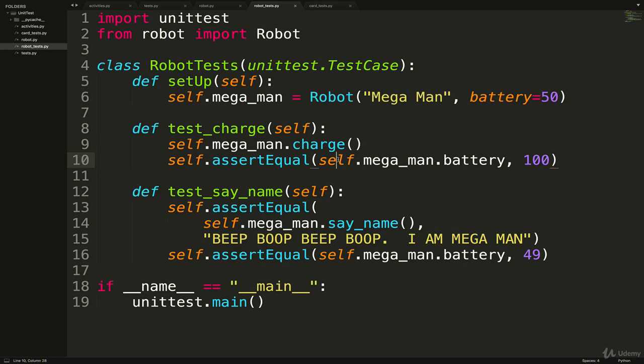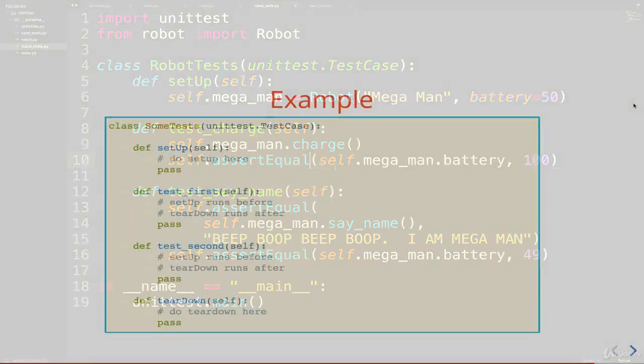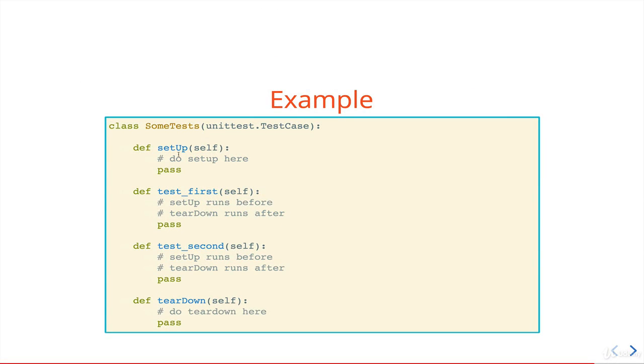Okay, so you could imagine, hopefully, if we actually wrote tests for all the other functions, and let's say we had 10 functions in that class, we could be rerunning the same code a lot. So setup is really, really useful. And teardown is exactly the same, except it runs after each one of our test functions. So that's pretty much all there is to it. Setup, you define it that way. It must be called setUp. Teardown must be called tearDown. Unittest looks for them automatically, and it runs them before and after each test case, respectively.